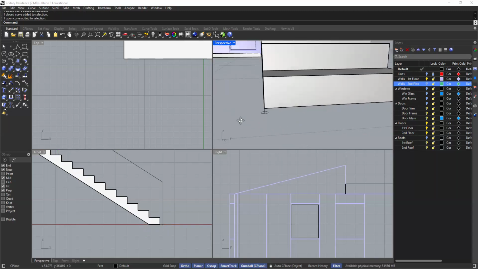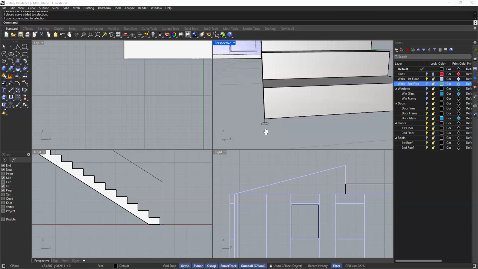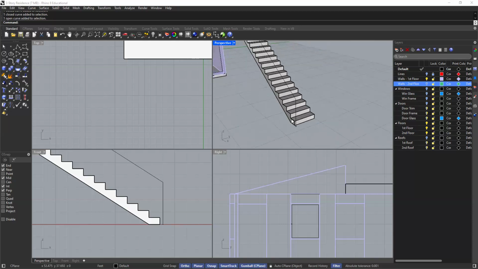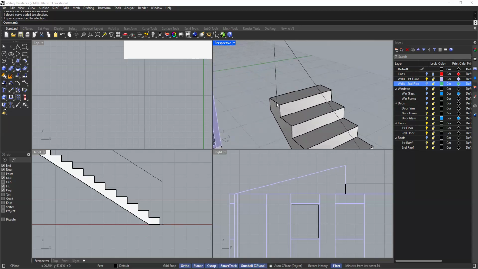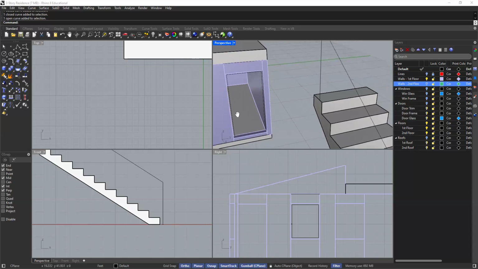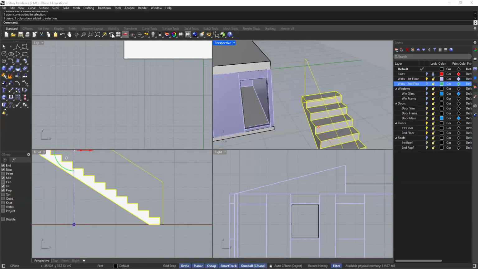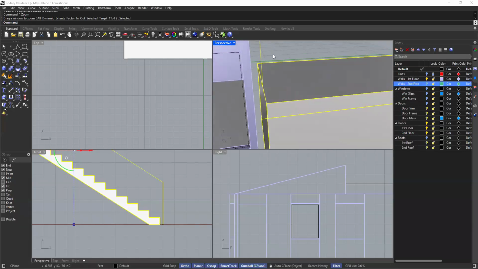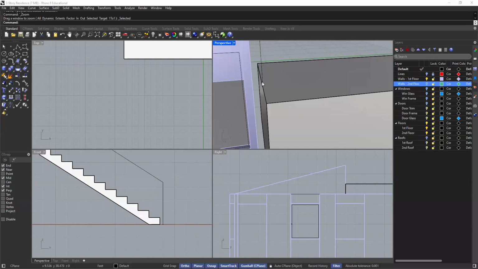But take a look. You see how this circle starts along the edge? If we take this as it is right now and we sweep it up over here, what do you think is going to happen? Let's go ahead and select this and refocus our camera. It's still not that great. What do you think is going to happen when that circle comes straight down to this point? Half of the circle will be on the tread. The other half is just going to be floating. That's why we need to move this in so that when the pipe comes down, the entire pipe fits on